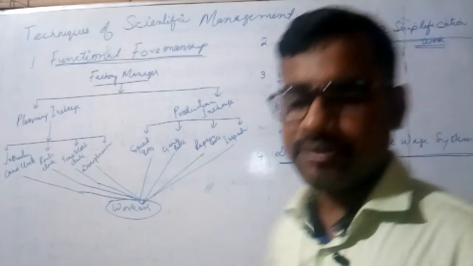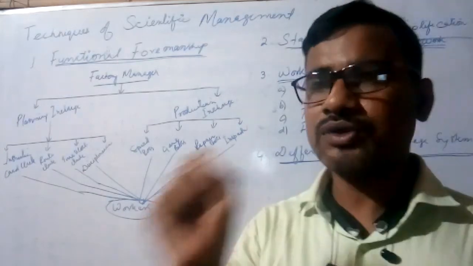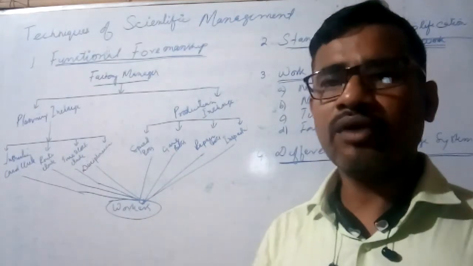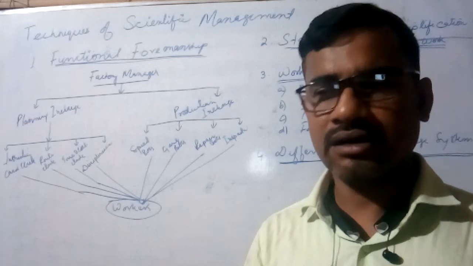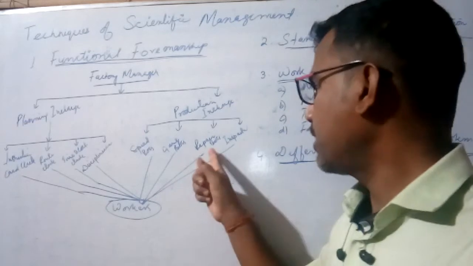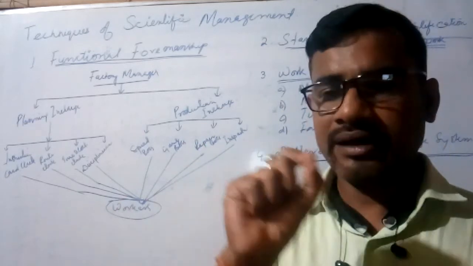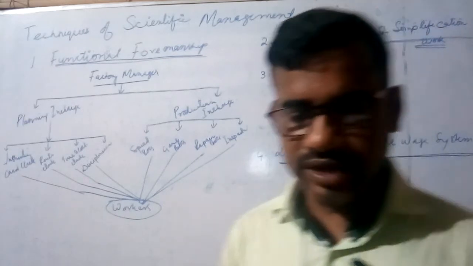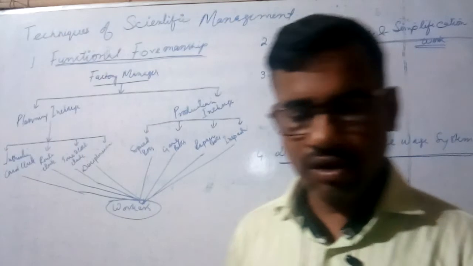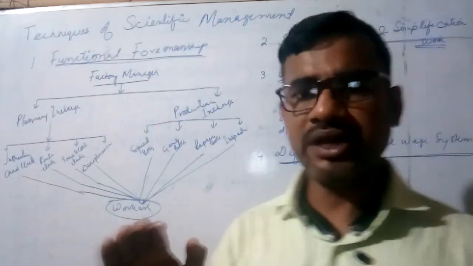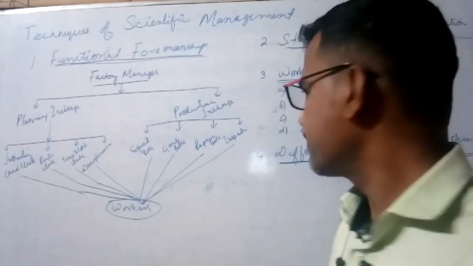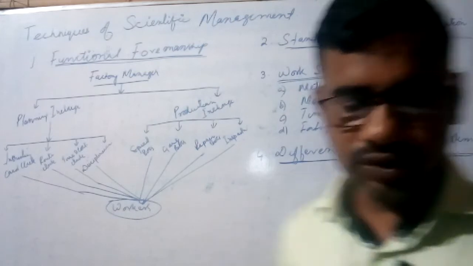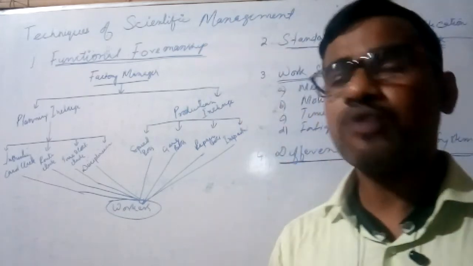Third one is repair boss. Say for example, what is the repair boss's work? When doing any work, if any machine becomes faulty, then the repair boss will look after that. Immediately that machine should be repaired. His responsibility is to ensure that the working condition of machines and tools is proper. And the fourth one is inspector. So what is the work of the inspector?